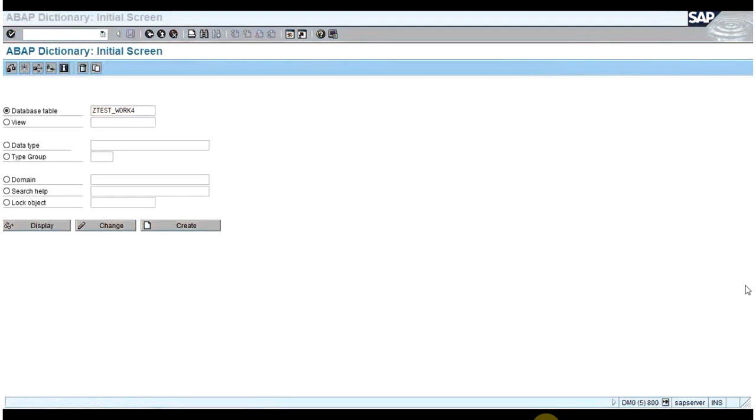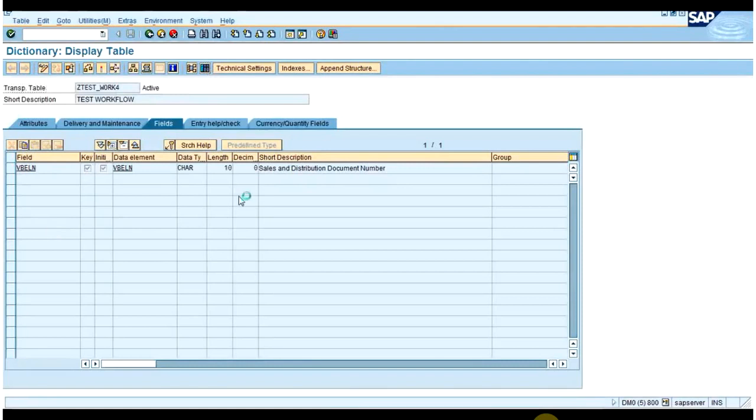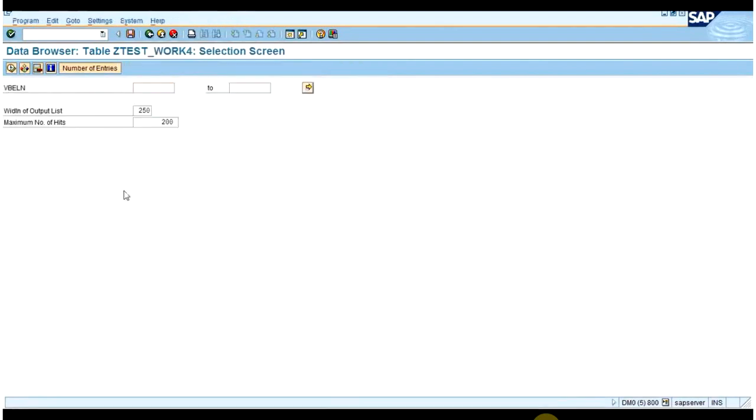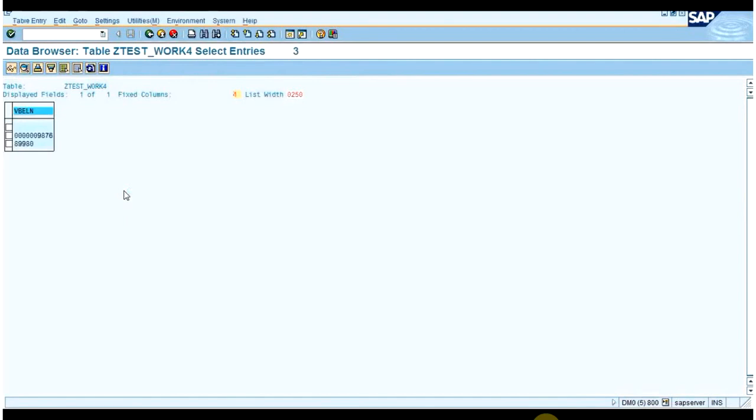You can see here one text message that will appear: kindly approve my text 9876. You can see here 9876. Actually, I have received one dialog work item. Once that dialog work item is approved, then only the sales order should get saved, right? I have not approved it and I was looking at the database. So what I will do is first approve this particular work item.